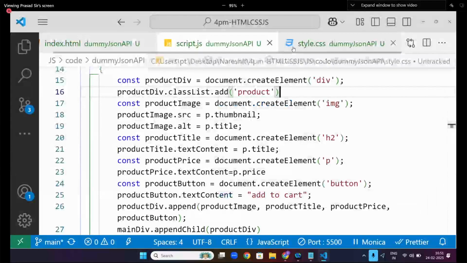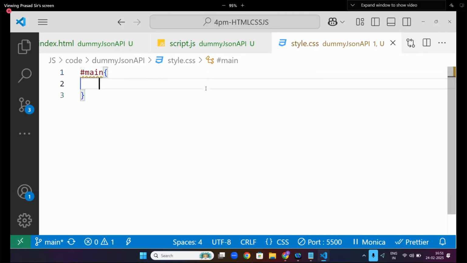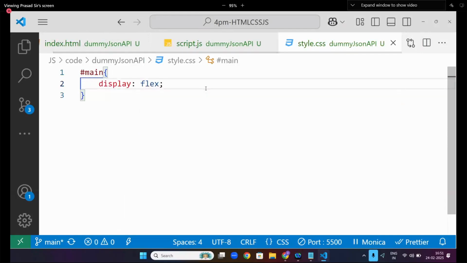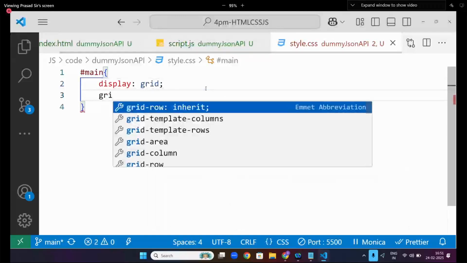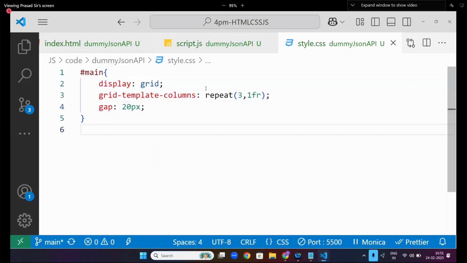So I will go here, add product. All I will do is, for #main, I have two things. All products are inside the main. Each product is the product. #main, display flex. No, display grid, template columns repeat(3, 1fr), gap 20 pixel, and each product